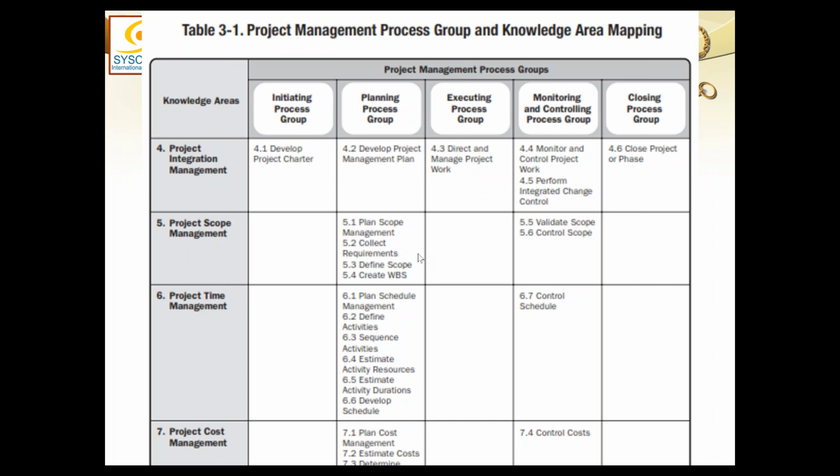Just remember the basic things. If you are still struggling with the idea, we will bridge this gap ultimately. But the lesson which has to be learned here is there will be at least one management plan for every knowledge area, and we counted 11, right? There could be more. There could be a change management plan, a configuration management plan, and many other plans, but the bare minimum requirement is these 11 management plans and 3 baselines.